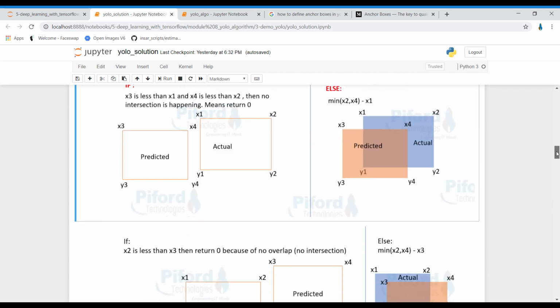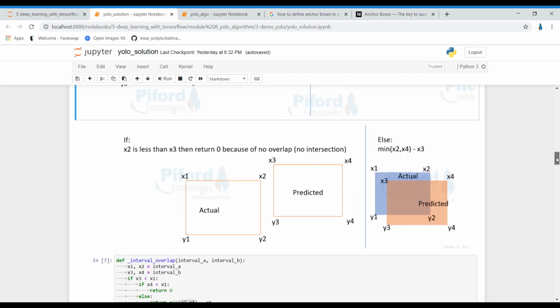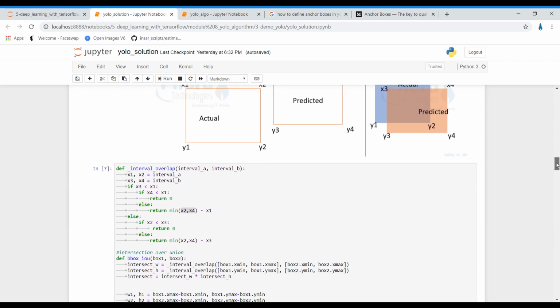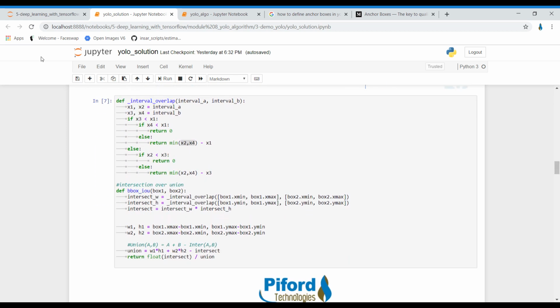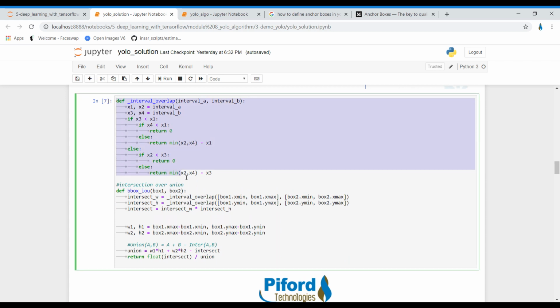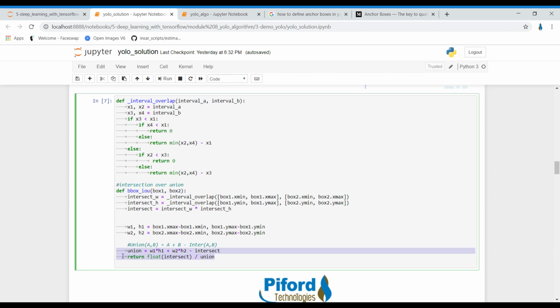This is what I'm doing here, and this is how it looks. This is how we can find the intersection over union. This is a function, and after that I'm using the intersection over union function, and finally this function will return the intersection area divided by the union, and you will get IOU.